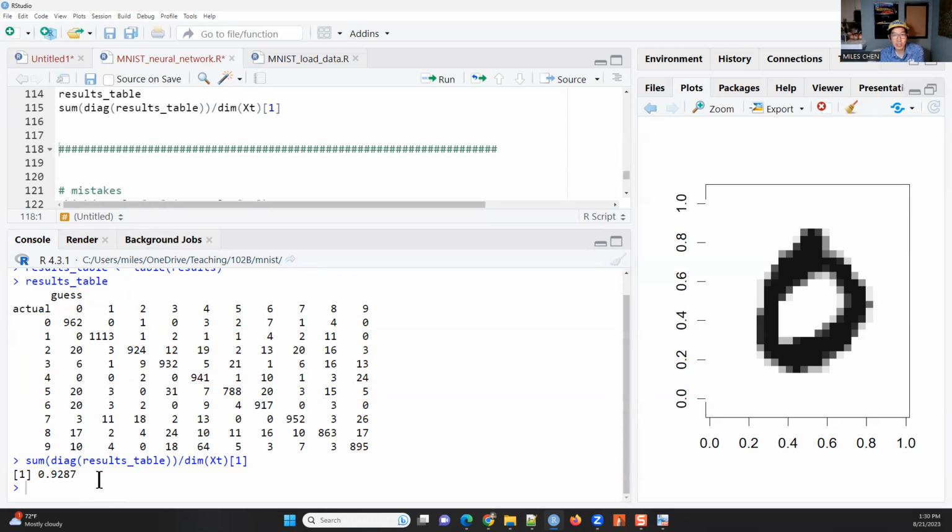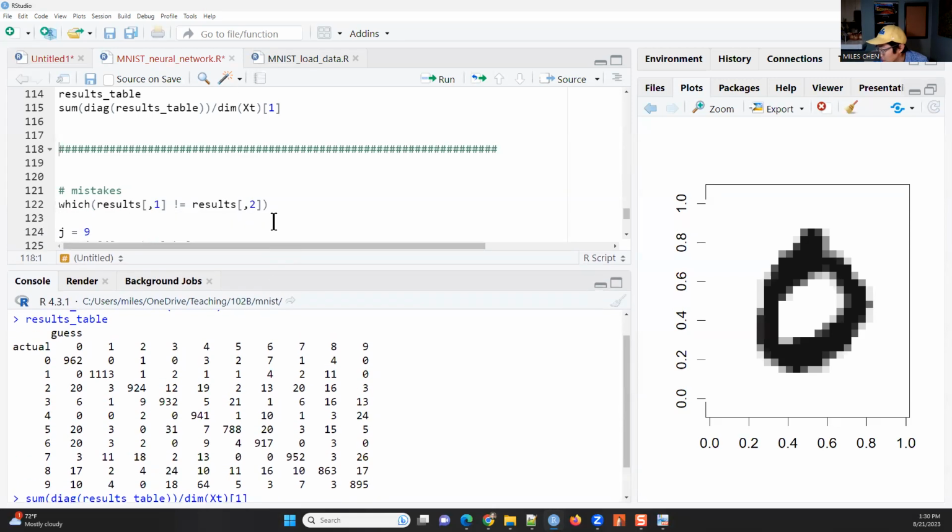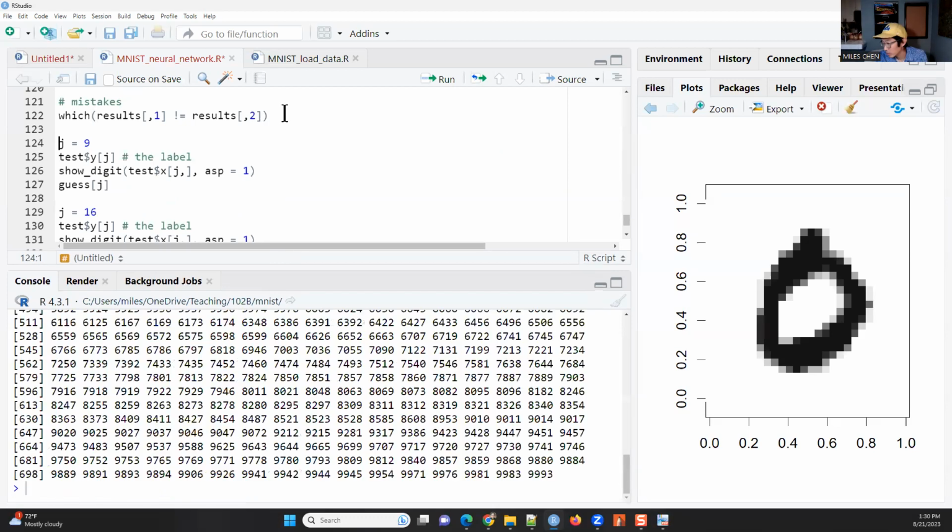So not perfect, but also considering how simple our neural network was, this is, in my opinion, not very bad, right? We're successfully classifying what these digits are 93% of the time. And if we take a look at some of these mistakes, we can say, all right,